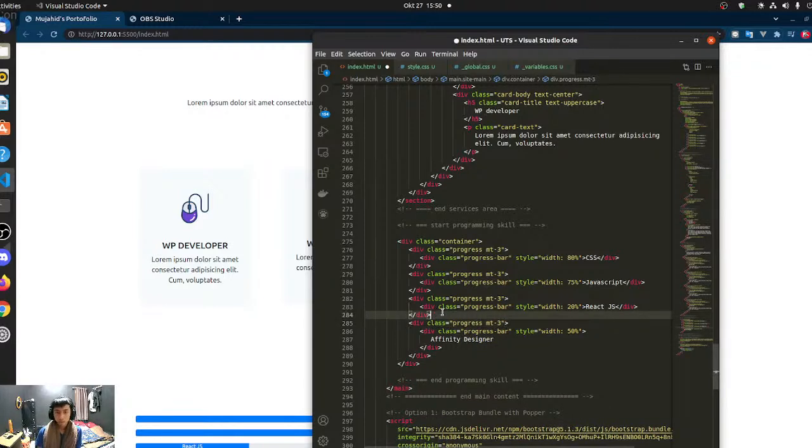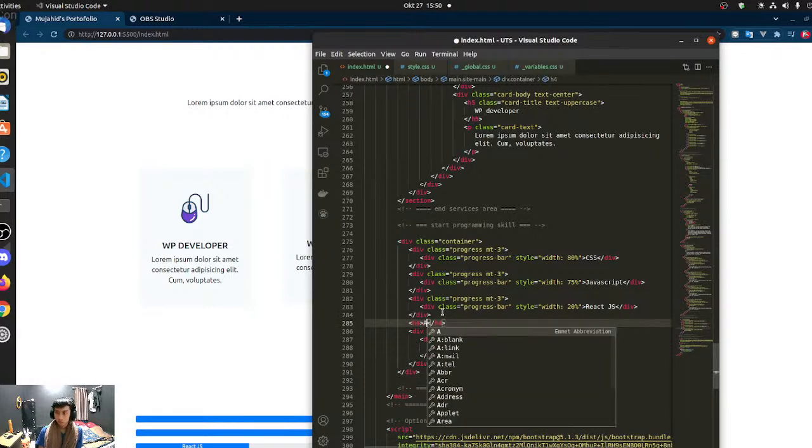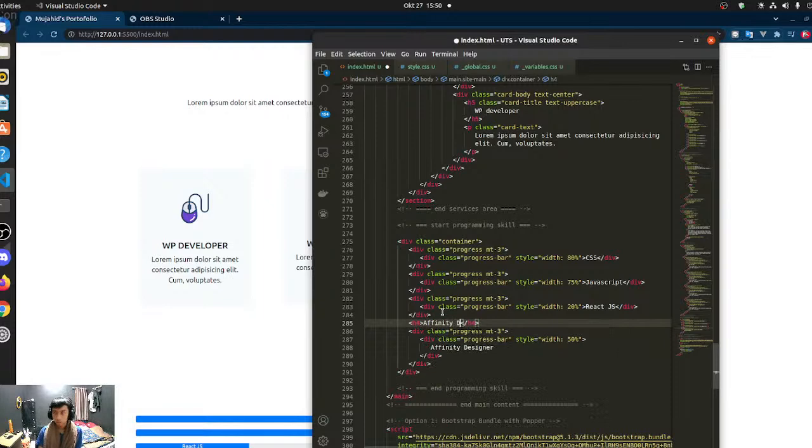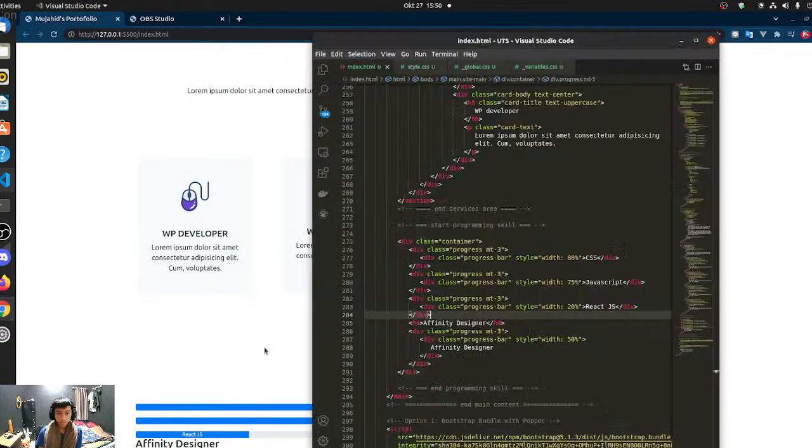I probably, oh my god, Affinity Designer. So actually I have been watching tutorial about making